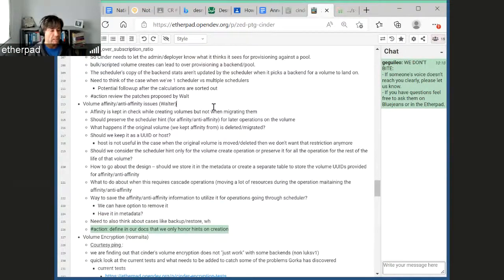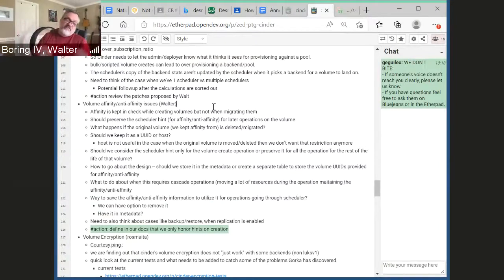But yeah, we could write a spec, and I think it is true that the full-blown feature is going to be near impossible to implement for us because of all the issues that we currently have. This is probably not high priority as a full-blown feature, but having something that at least tries is probably better than nothing. Yes, which is what we have now. Almost nothing. You have affinity when you create it, and after that,